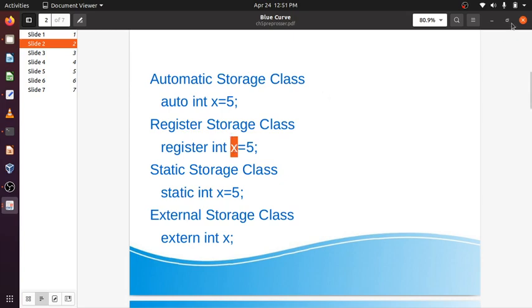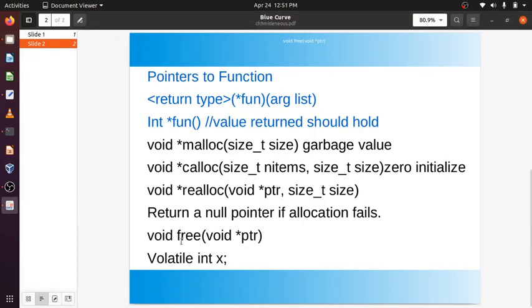But if I write this volatile, then even if the operating system, to optimize execution, tries to put the value of x in a register, it will not, because it may change. I am just specifying by the word volatile that it may change, so don't put it in a register, put it in memory. Always take it from memory. This will make the execution a bit slower, but it may be required. Suppose I have to take this value from some other source, like dynamically from a sensor, then it has to be like this.